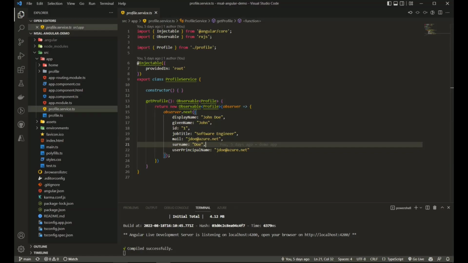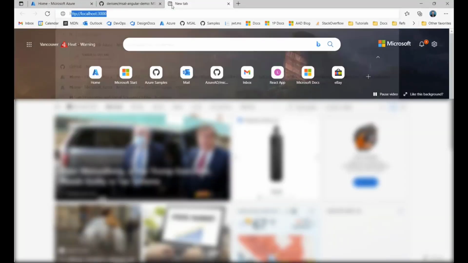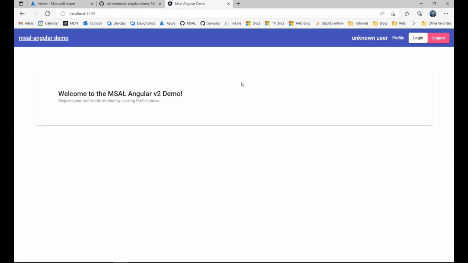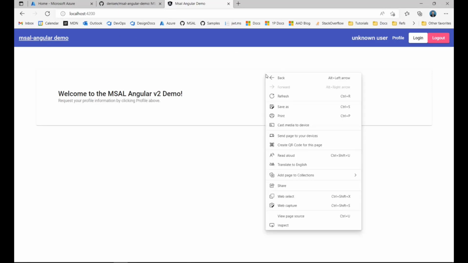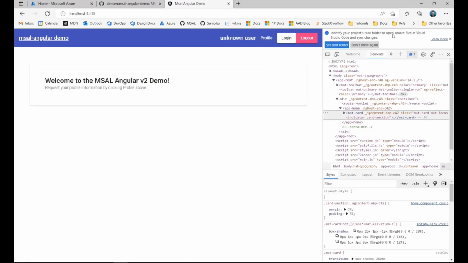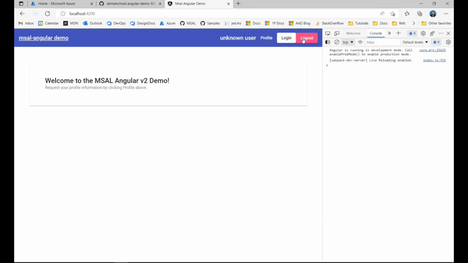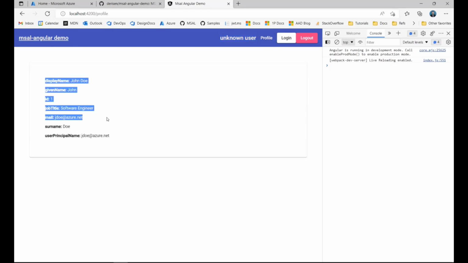So now my application has started. Let me take a look at how it works. Localhost. There we go. So pretty simple. I have a navigation bar. I've used Angular Material for this. Let's also keep our console open. I have a login and logout button. I have a text to identify the signed-in user. Of course, we are not signed in at the moment. And then I have a profile page to display some dummy data. Right now, I'm using some dummy data, but I will eventually replace it.